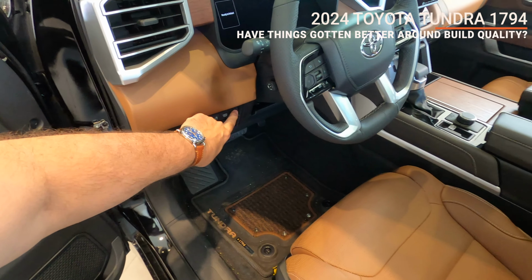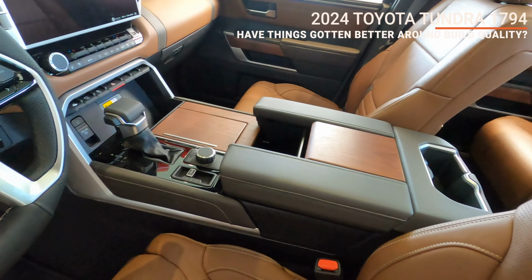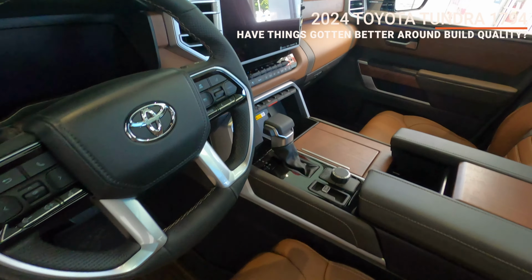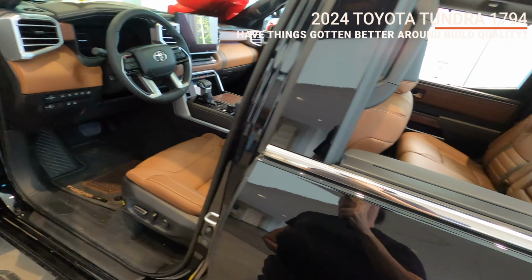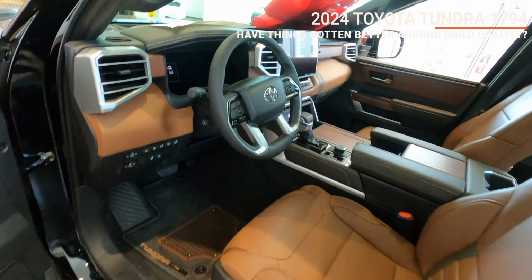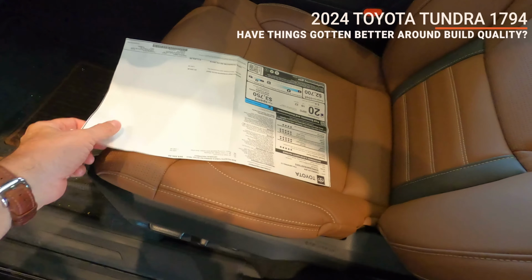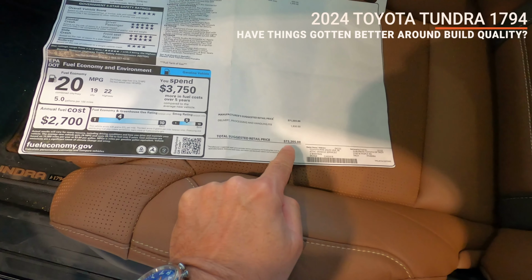I guess the switch gear is okay on this, and this is like their high-end 1794 interior. So I mean, it's a nice truck. Let's see what it's going for. I don't think there's a window sticker. Oh, maybe it's right here. Okay, let's see. All right, this one is